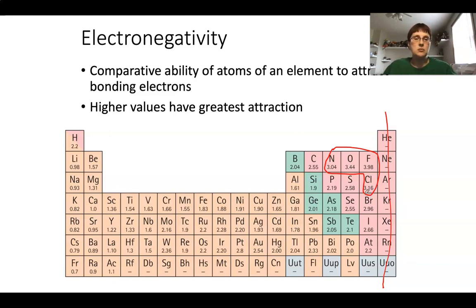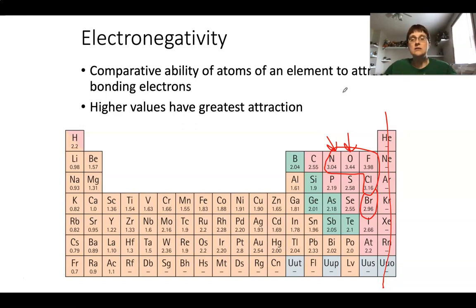The next one would be bromine. You can see that one's almost 3. These guys, if they are in a bond with another atom, they are going to pull on the electrons. And the one that we most commonly are going to see is going to be oxygen. You'll see nitrogen sometimes, but a lot of the compounds that we see, especially with living organisms like ourselves, is